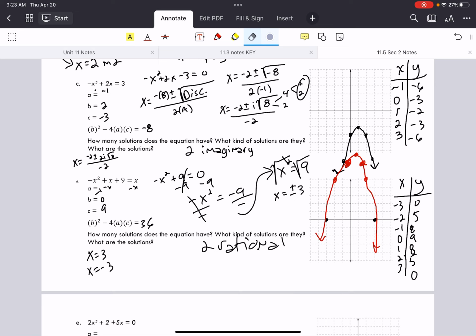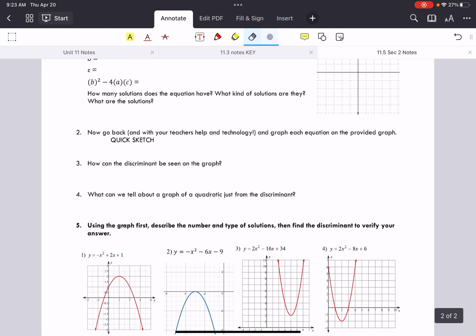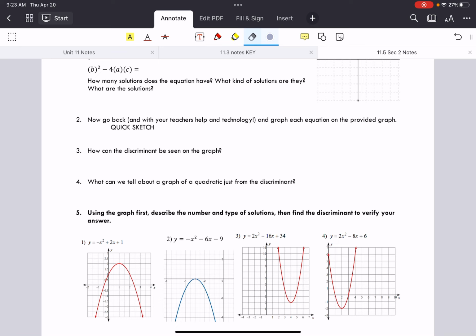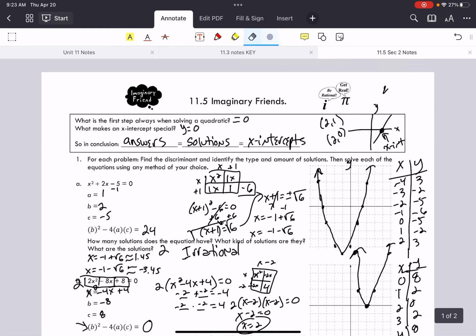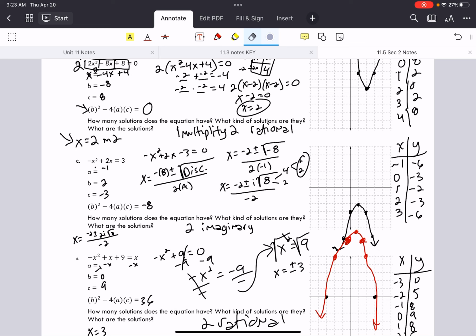Okay, so let's put it all together if there are no questions on what we've done so far. So how can the discriminant be seen on the graph? Can I have someone raise their hand and tell me how I can see the discriminant on the graph? Okay, why don't we take a look here? How could I tell based on the graph that C